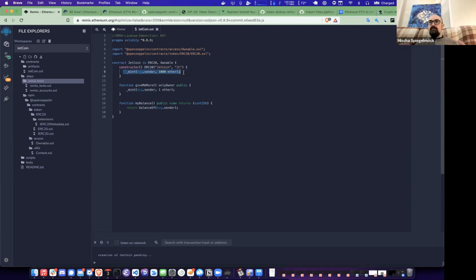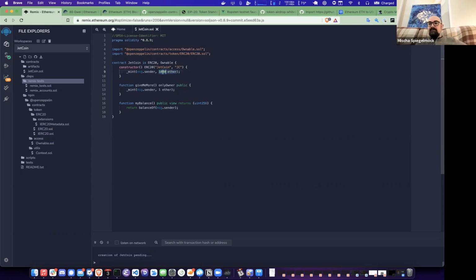One thing you might want to do is give yourself all the tokens. You don't have to. You can have new tokens generated in response to other events or things happening. But if you want to make your own coin, you can just give yourself all the tokens in existence, and then decide what to do with them. So here we call mint, and message sender is the person who's calling your function or deploying the contract in this case. And you can specify a number.